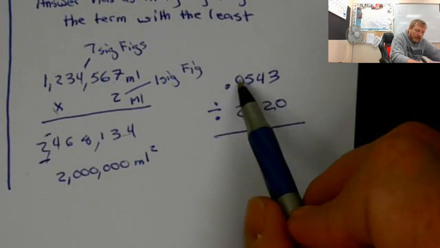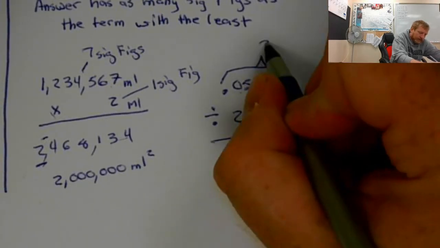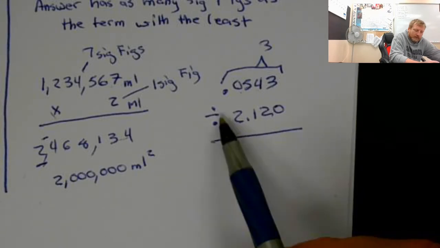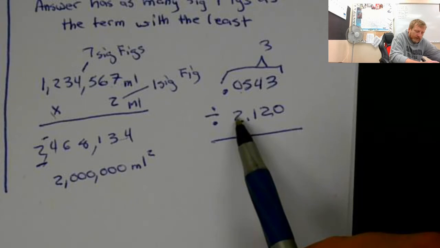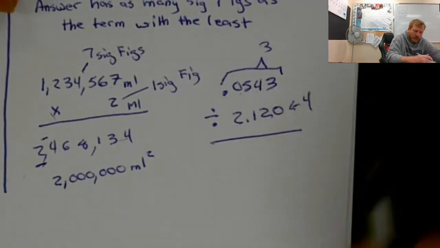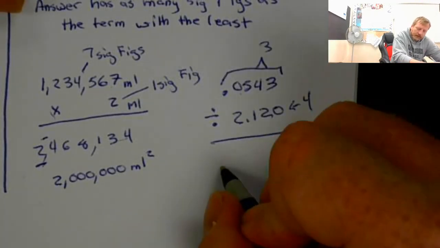So we're going to take a look at this top one. There is a decimal point, so that leading 0 doesn't count. So in this term we have 3 sig figs. And here in this term there is a decimal point, so only leading zeros don't count. In other words, we have 4 sig figs. And we're going to do that math, 0.0543, and we're going to divide that by 2.120, and we will end up with this raw answer of